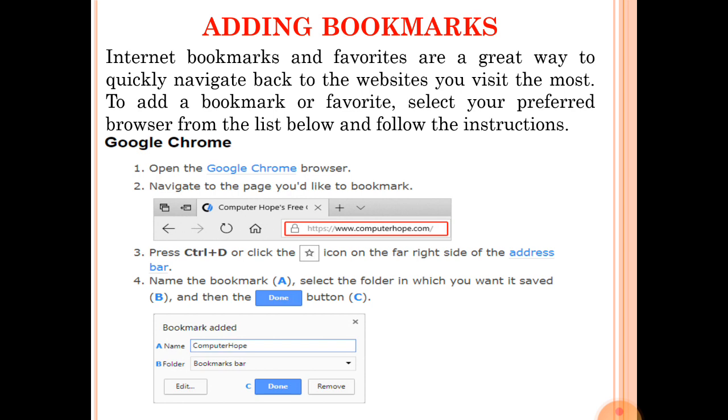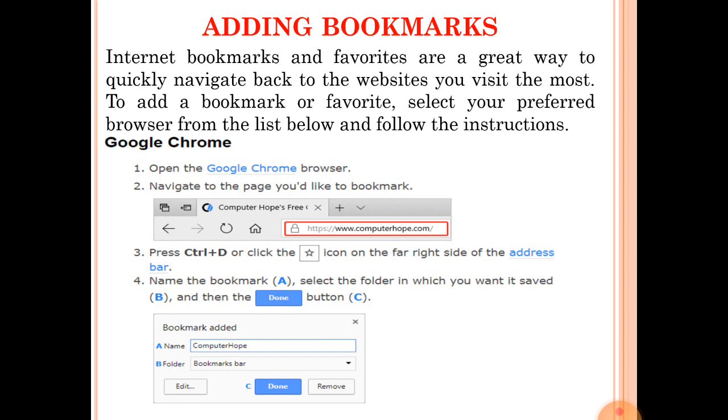A bookmark dialog box will appear. Write the name of the bookmark, means you can write my class, my school, or any user-defined name. Select the folder you want to save in and then click on the done button. Simple.